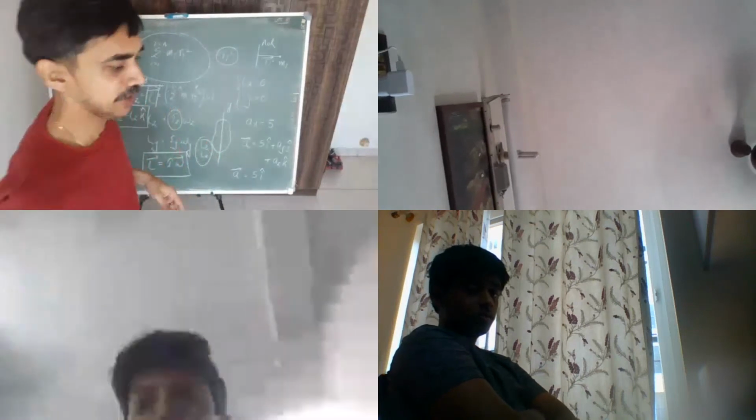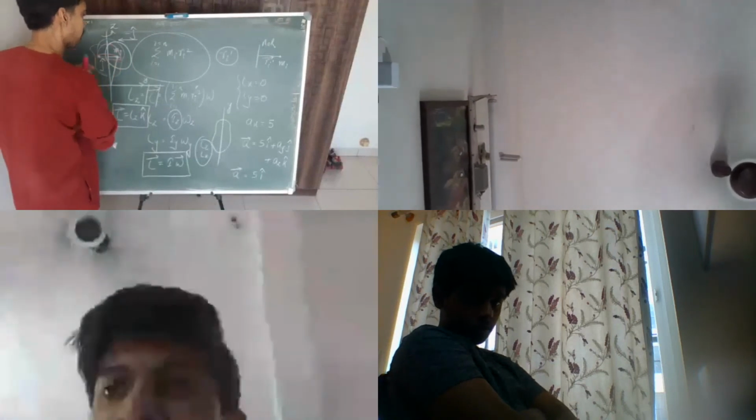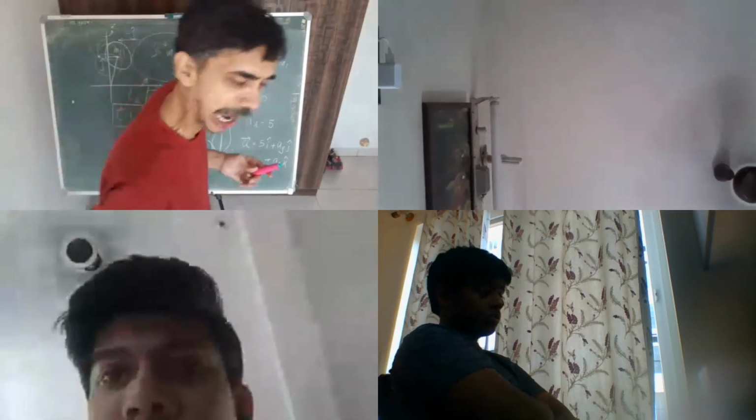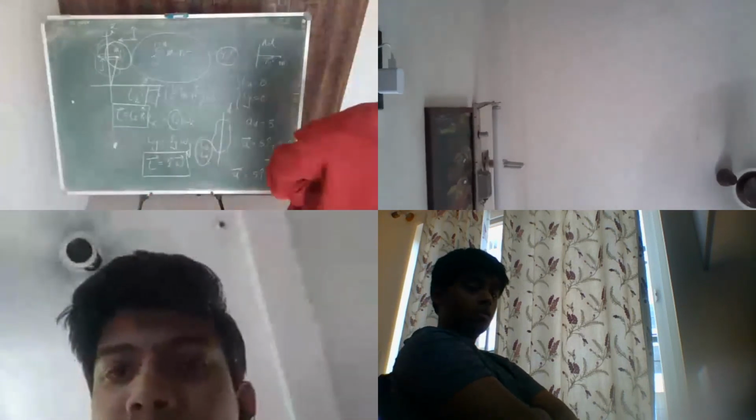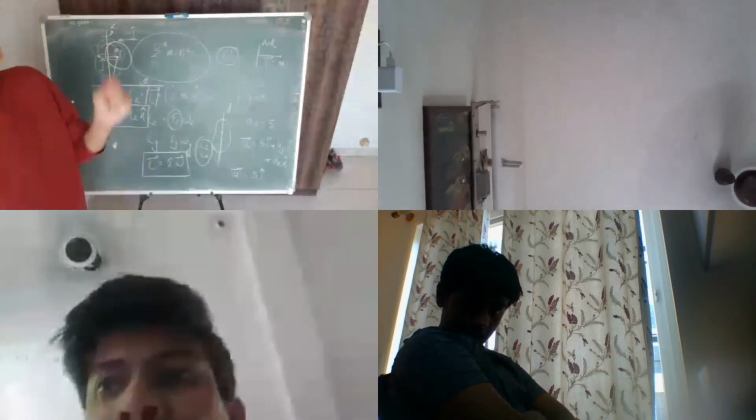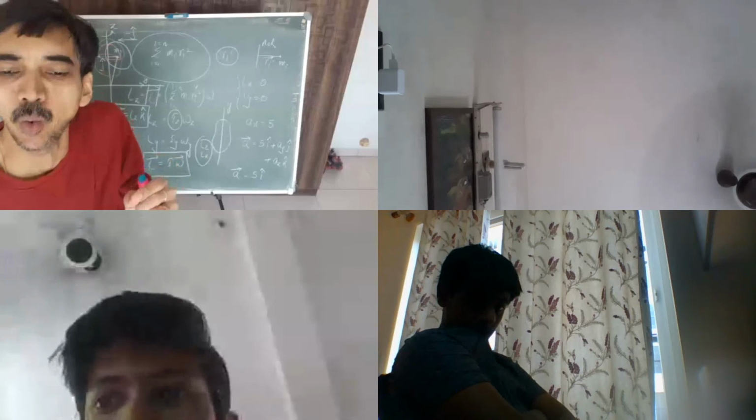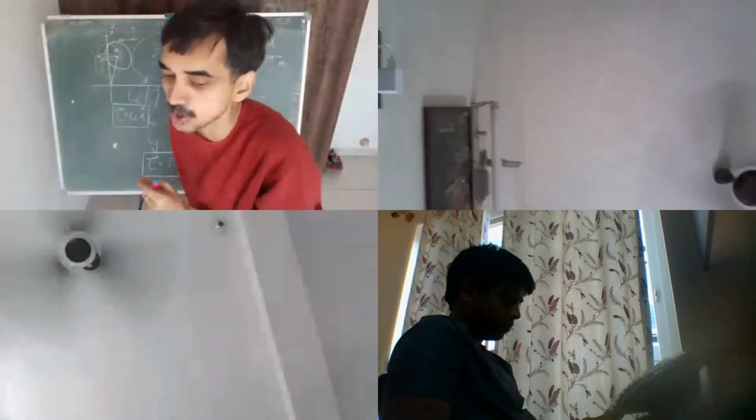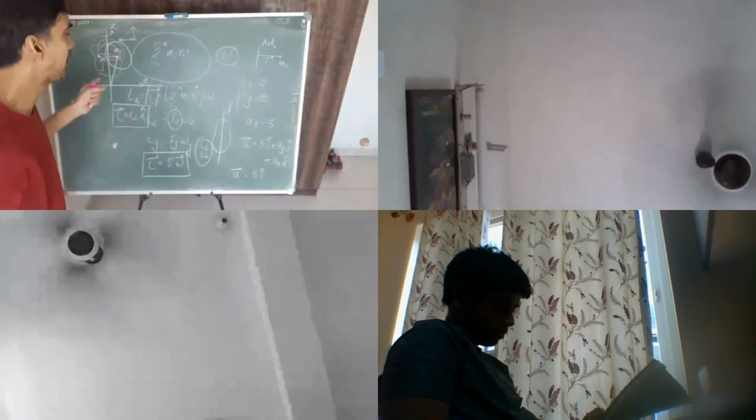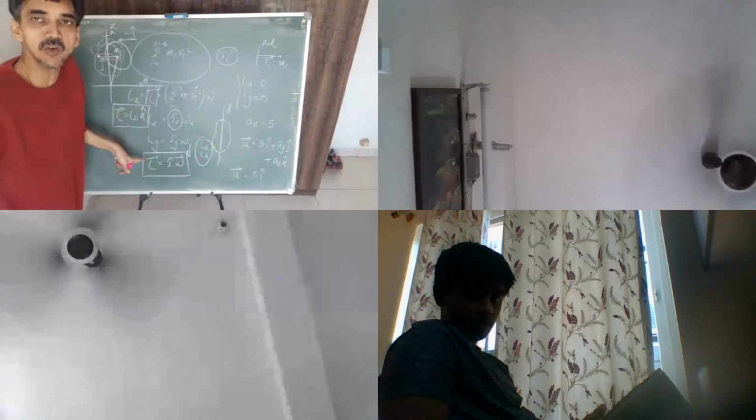So even if the body is not symmetric, let me show you. This body is not symmetric, right here. But it is symmetric about the axis of rotation. Clear? So this body will get me Lx = 0 and also Ly = 0. This will get me both Lx and Ly = 0. That means for this body, I can say L vector is